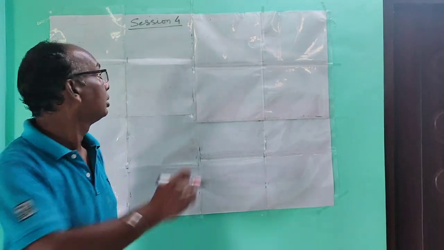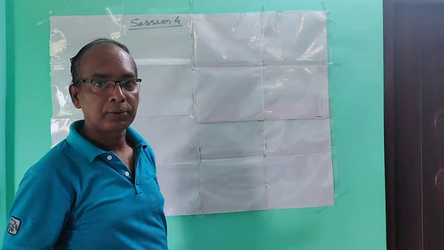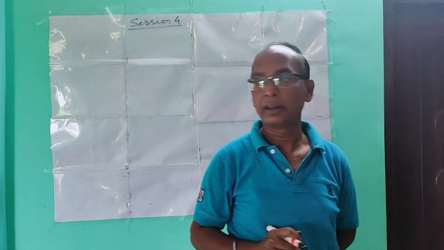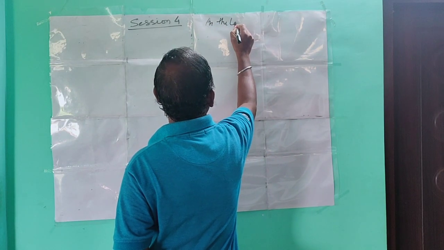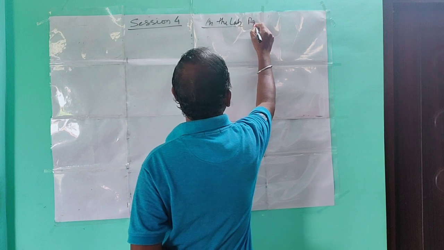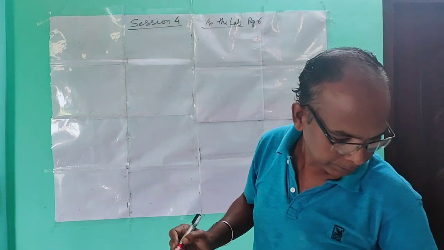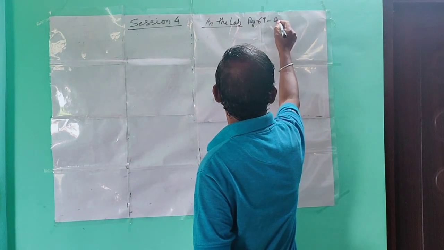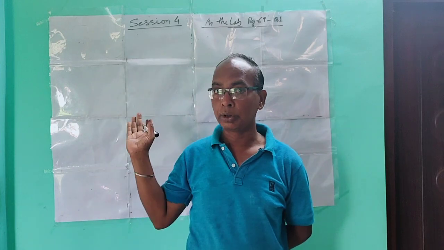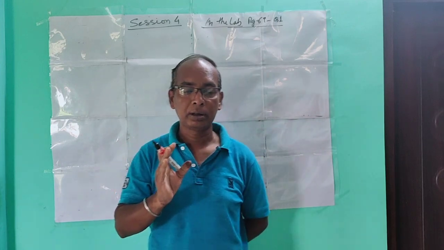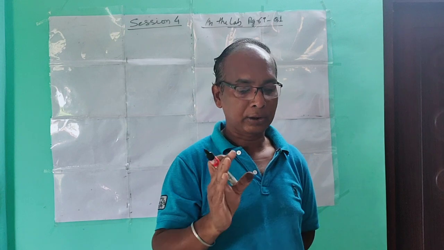Hello students. Today is the class for session number 4. In the last class I gave you one task to do, that is in the book, page number 69, in the lab, question number 1. I think all of you have done the programs. Now I will do the same programs on the board. We will check one by one so that we can see whether your program is correct or not.